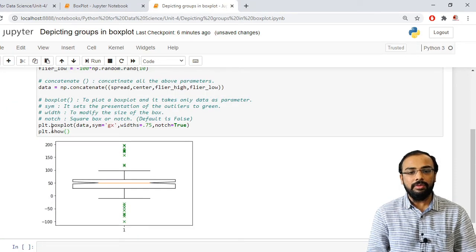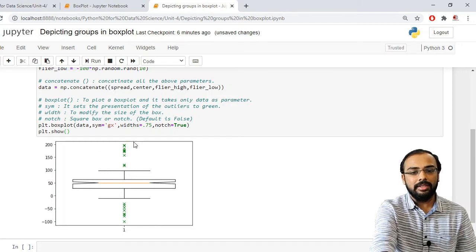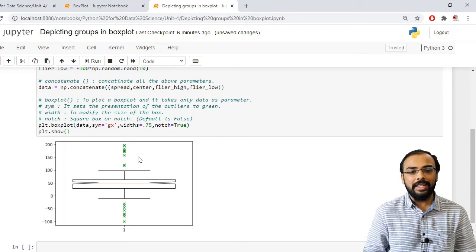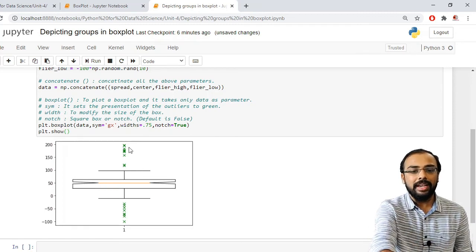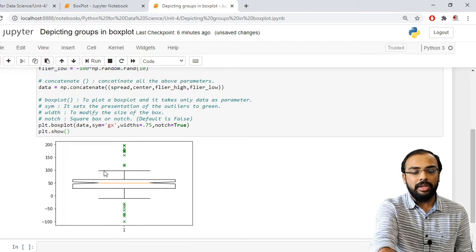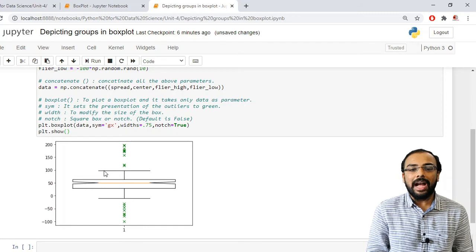Now if you observe this, you can see these green color cross marks. They indicate that these are the outliers. So mainly we are using this box plot to detect our outliers.